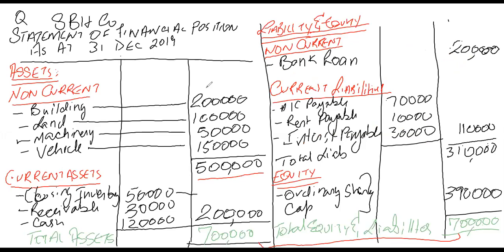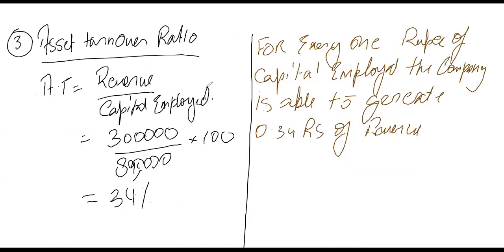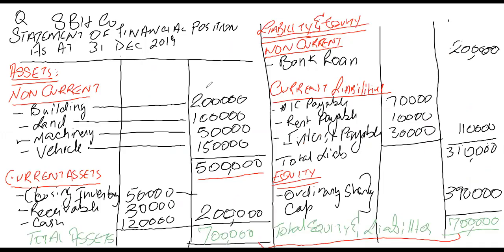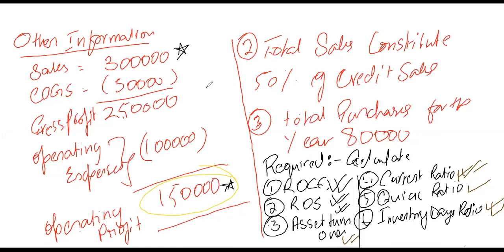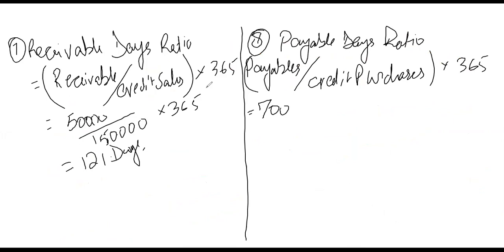Sorry, I forgot the payable amount. The payable amount is 70,000 and total purchases for the year is 80,000, assuming that the entire purchase amount is on credit. So 70,000 divided by 80,000